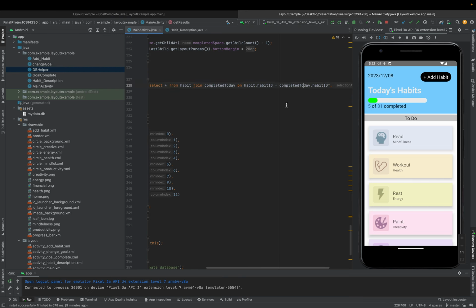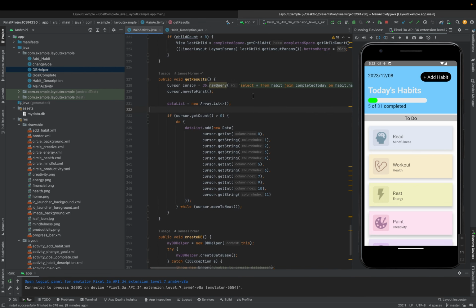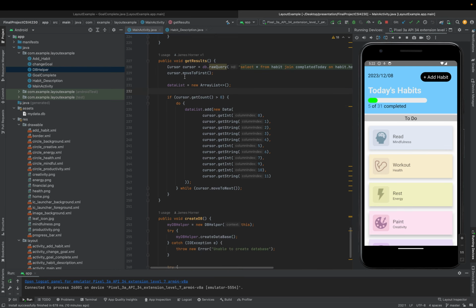So basically our database has two tables. It has the table habit and completed today, and it's joining the two tables together since they have a one-to-one relationship. And so this query basically gets everything from the database, and we iterate through using cursor.getCount and cursor.moveToNext, and